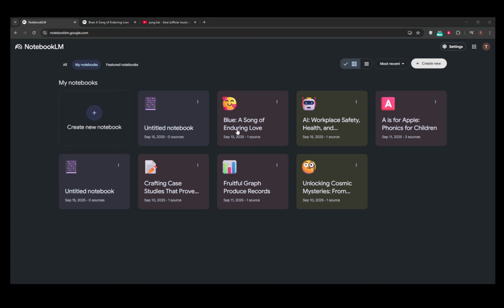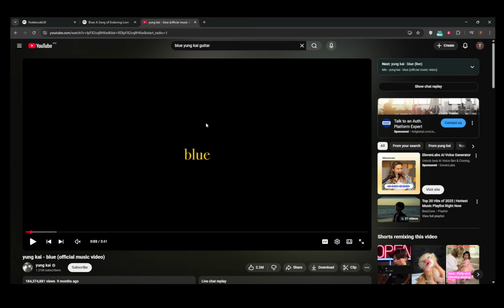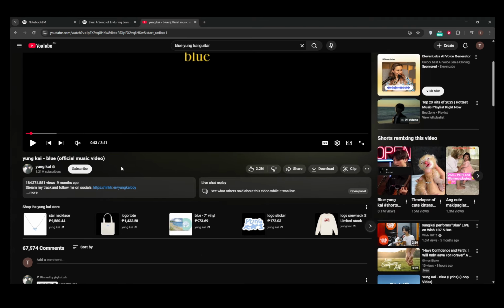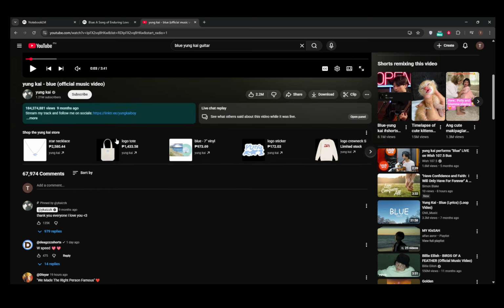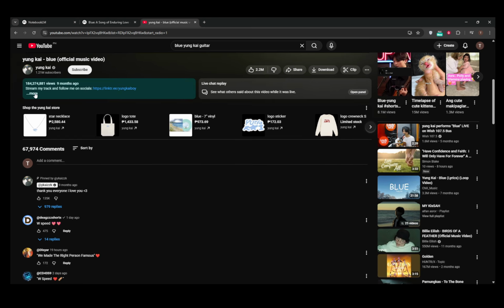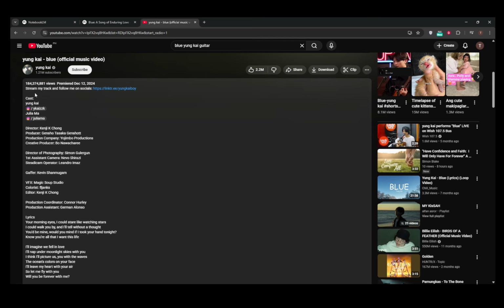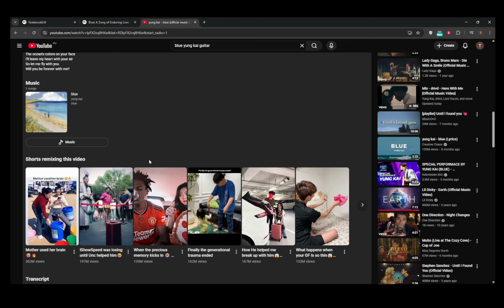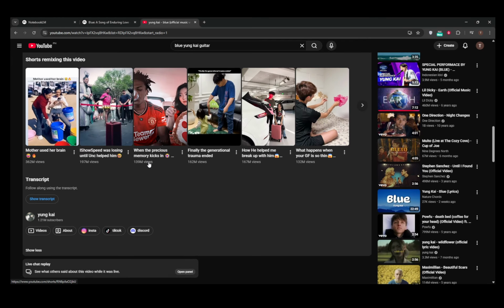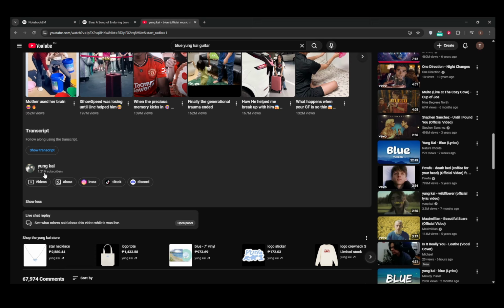First, you want to start by opening the YouTube video from which you need the transcript. Ensure that the video is accessible and that you're logged into your account if necessary. Once the video is open on your screen, direct your attention to the area directly below the video player. Here, you will find various options such as like, dislike, share, and more. Among these options, you should see a button labeled Show Transcript. Click on this button. The transcript will now appear on the right-hand side of your screen, displaying the entire script